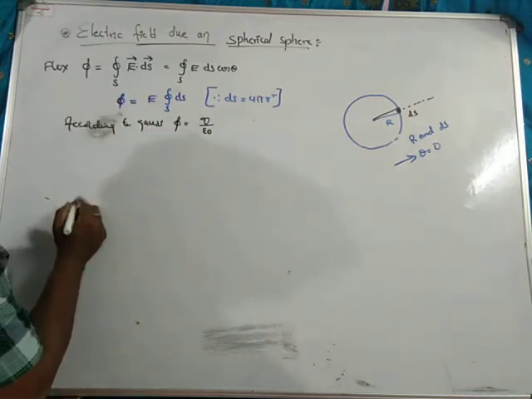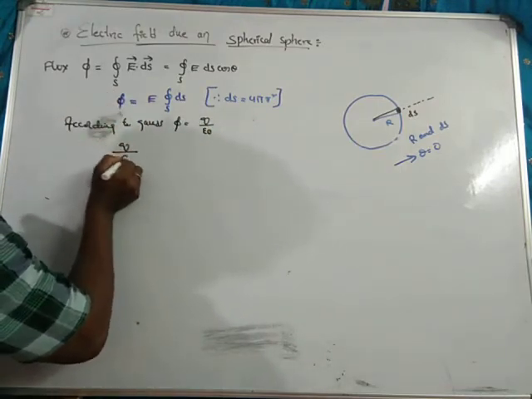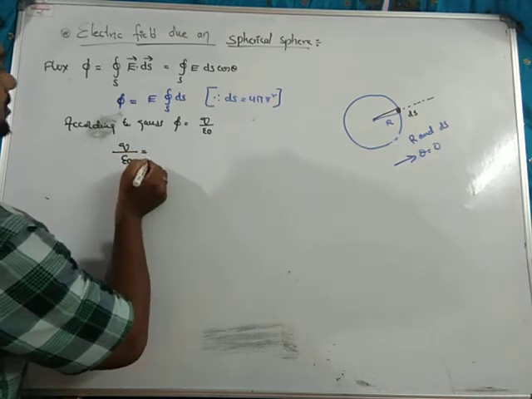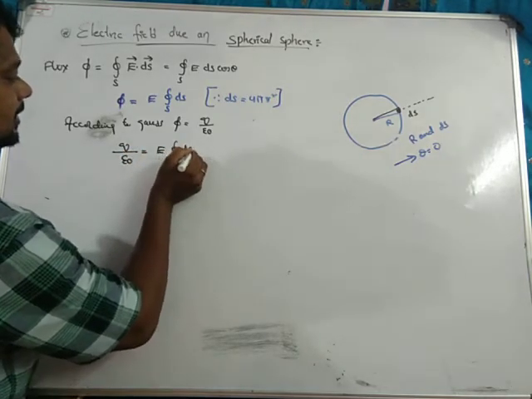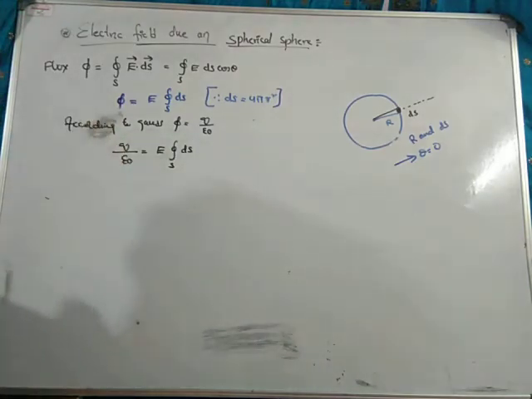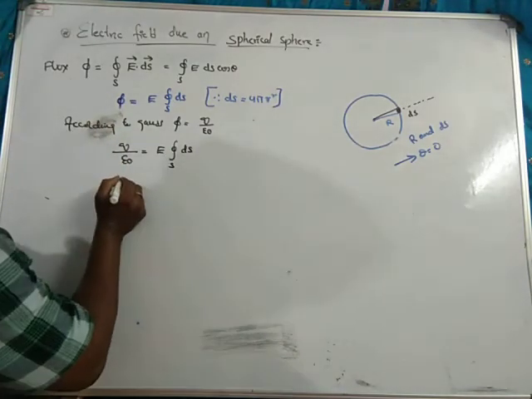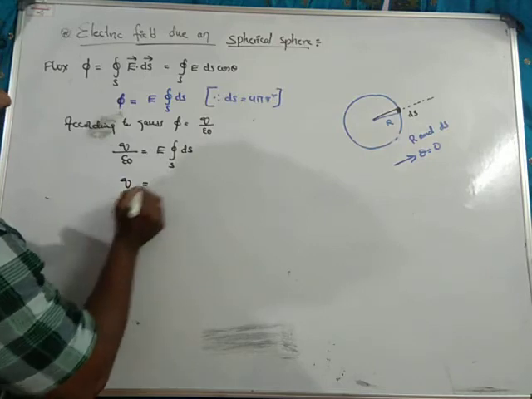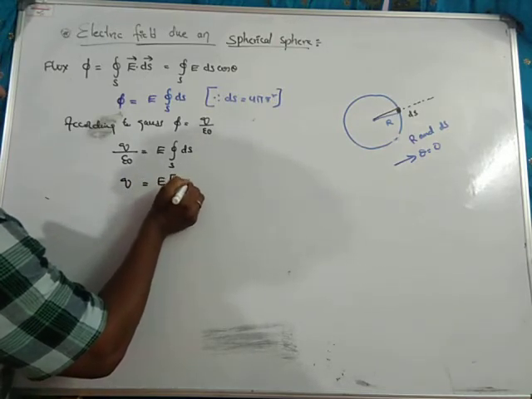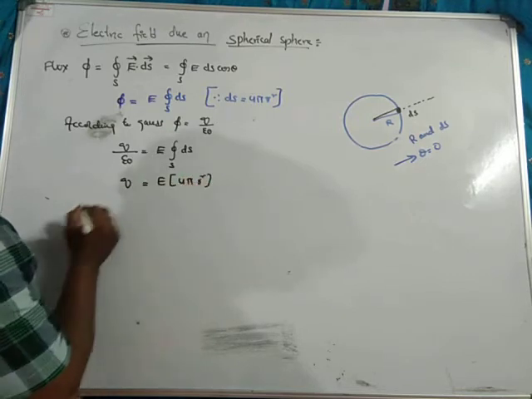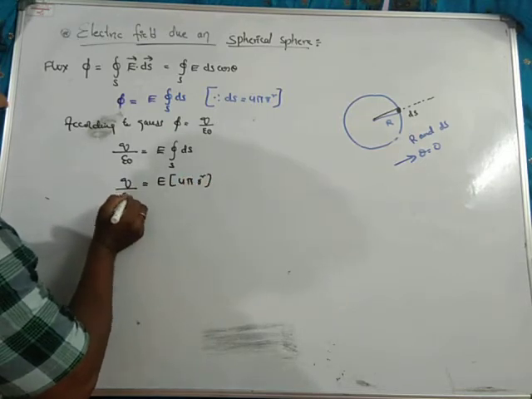Substituting the value, we get q by epsilon naught is equal to E into the surface integral of ds. The surface integral of ds gives 4 pi r square, so we get q is equal to E times 4 pi r square by epsilon naught,